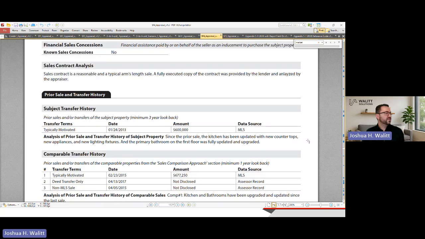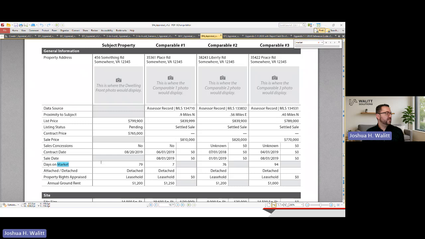And if we were to go to the sales comparison approach, we're going to see days on market. If you are including days on market or combined days on market here, you could either add another row at the bottom of your grid, or you could talk about it in commentary. If you're required to put one, but you believe the other has meaning, include it. Nothing in the report format is to keep an appraiser from disclosing what they need to disclose or analyzing what they need to analyze.